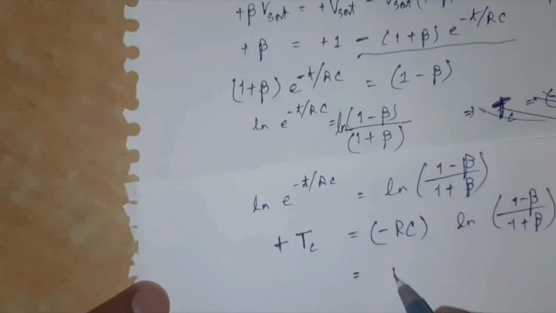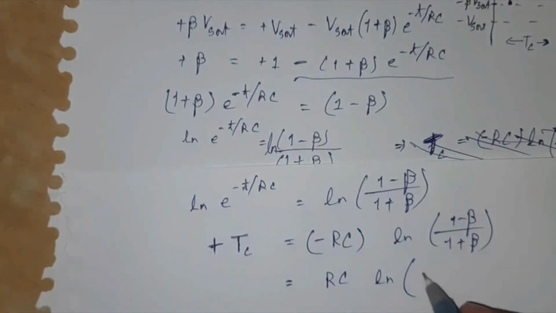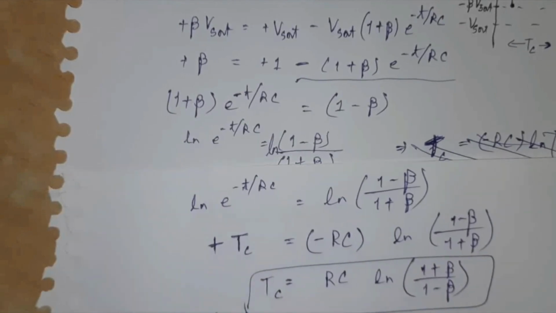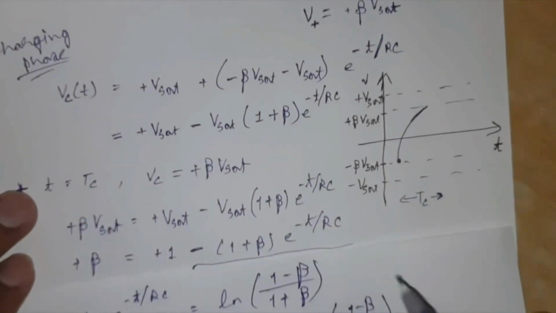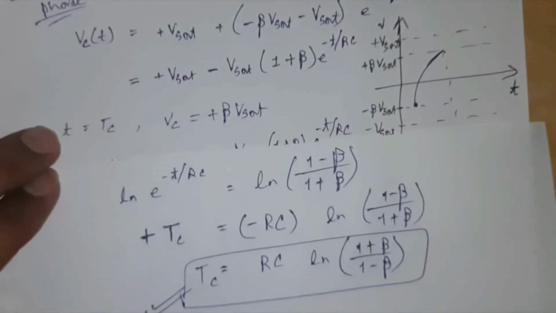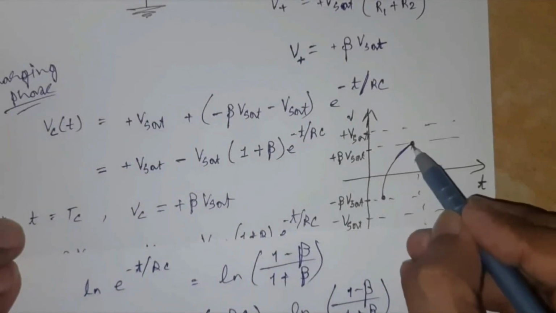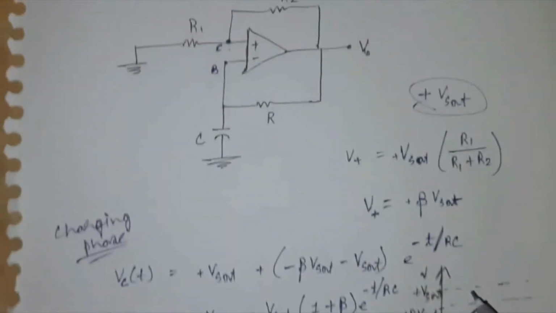We can also write this as Rc ln, just shuffle this, and now it is visible, 1 plus beta upon 1 minus beta. So this is the value of Tc, the charging time, we got here. In the diagram we have represented here, this Tc comes out to be Rc ln 1 plus beta by 1 minus beta. So it will charge up to this value, but when it reaches this plus beta Vsat value,